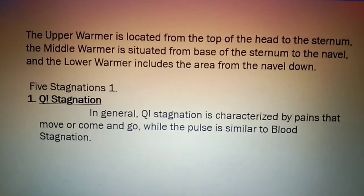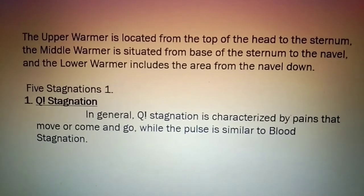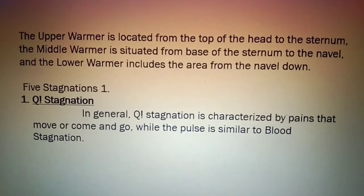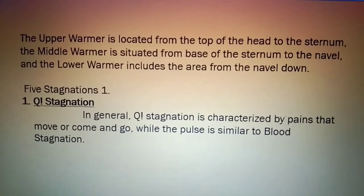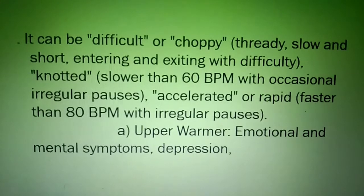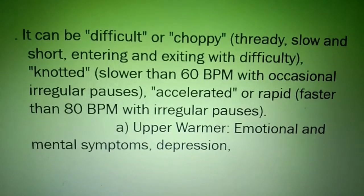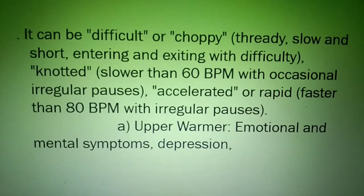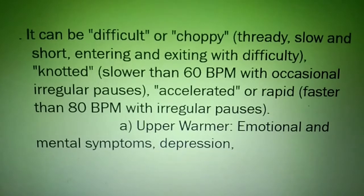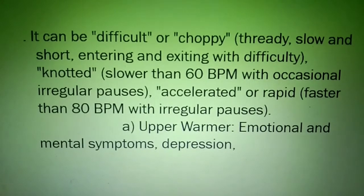Next, five stagnations. Number one, qi stagnation. In general, qi stagnation is characterized by pain that moves or comes and goes, while the pulse is similar to blood stagnation. It can be difficult or choppy, thready, slow and short, entering and exiting with difficulty, knotted, slower than 60 beats per minute with occasional irregular pauses, accelerated or rapid, faster than 80 beats per minute, with irregular pulses. Upper warmer, emotional and mental symptoms, depression,